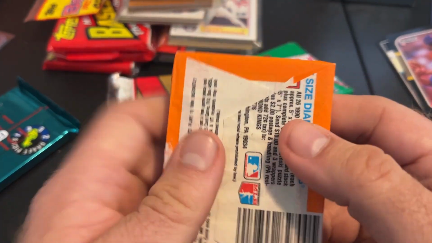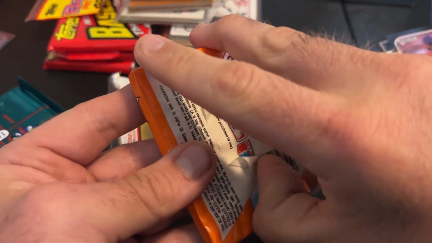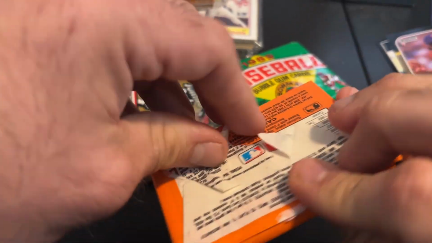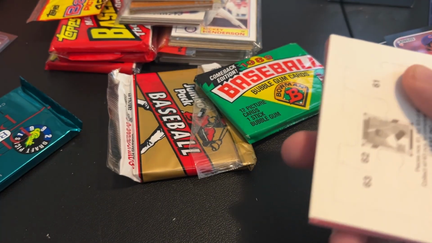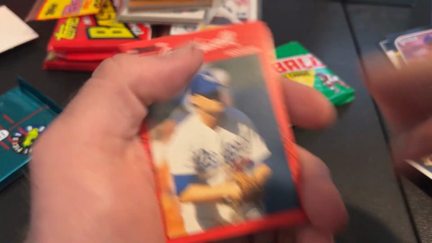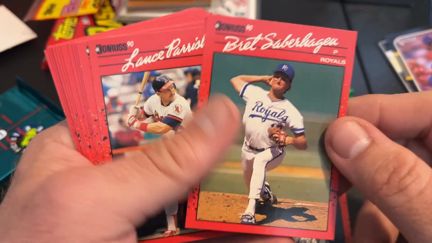And let's try again. Ooh. This pack is harder to open. Puzzle piece. Jay Howell, Bret Saberhagen,